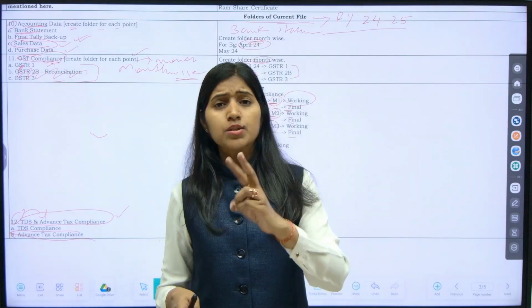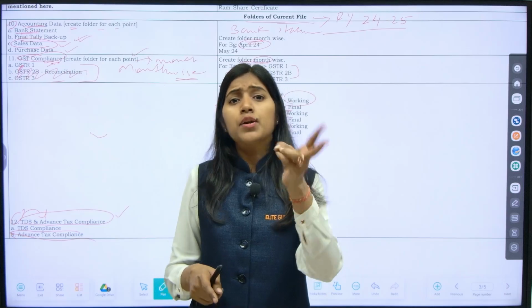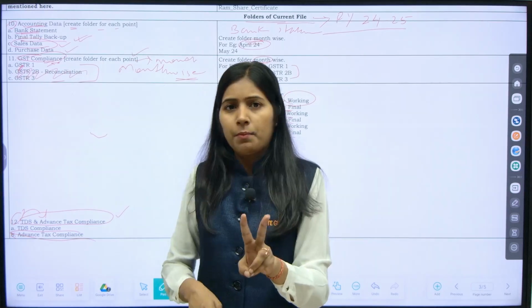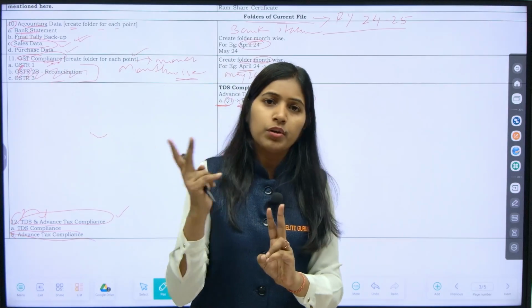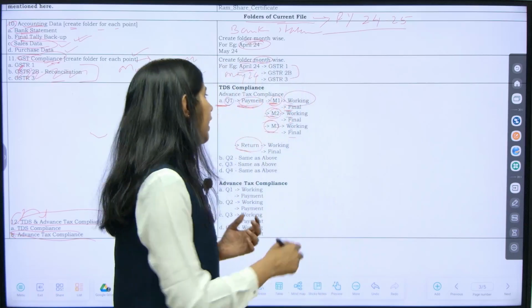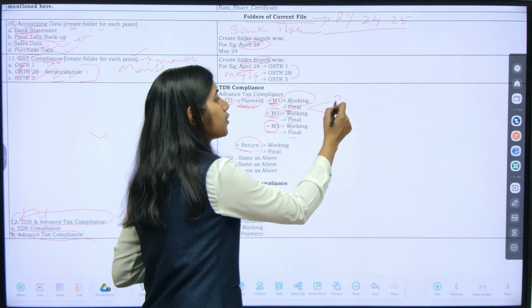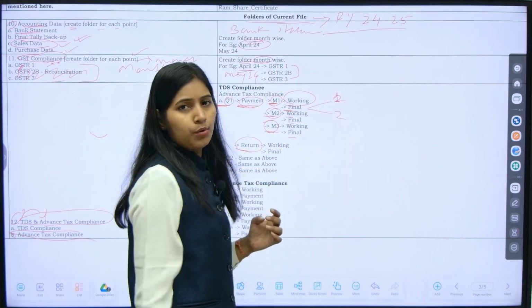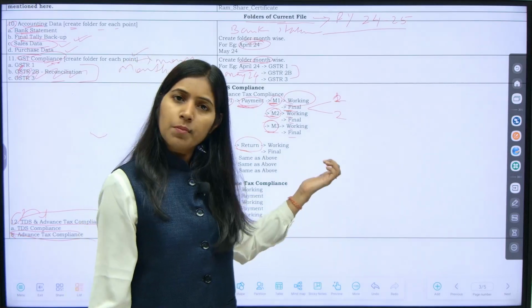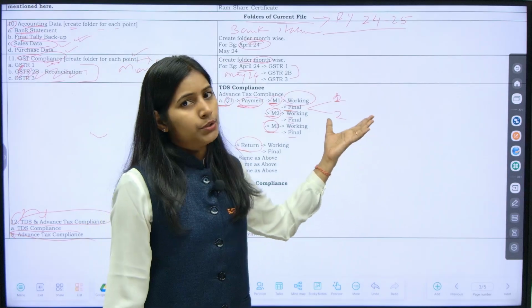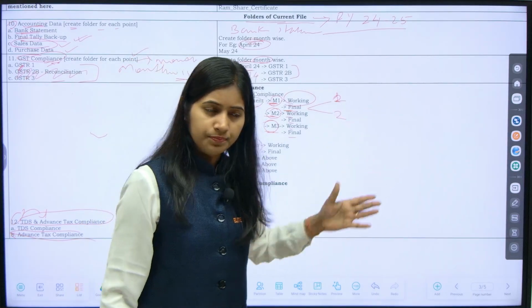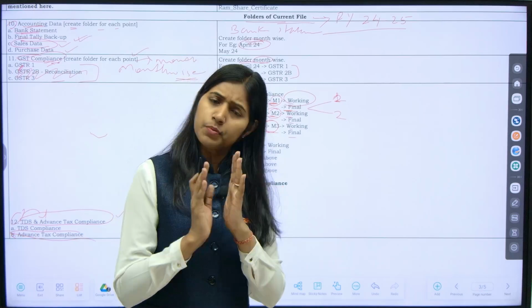So for these two different sections, you have to generate 2 challans. You have to make 2 different payments, not one payment for those 2 different sections. So in my final, I will find 2 challans, challan number 1, challan number 2. And how I am going to rename them, you don't have to put in a lot of effort. It's very simple.